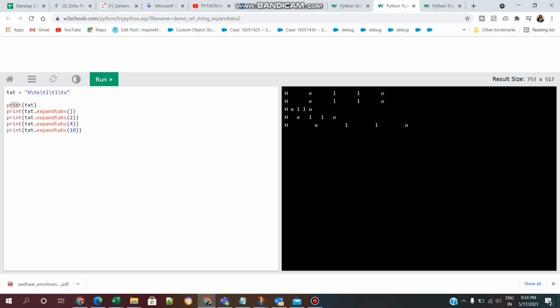So we are getting like this. And after that we are printing with no expandtabs, and after that we are giving 2 white spaces, and after that 4, and after that 10. So in this way we are getting the output by using expandtabs.